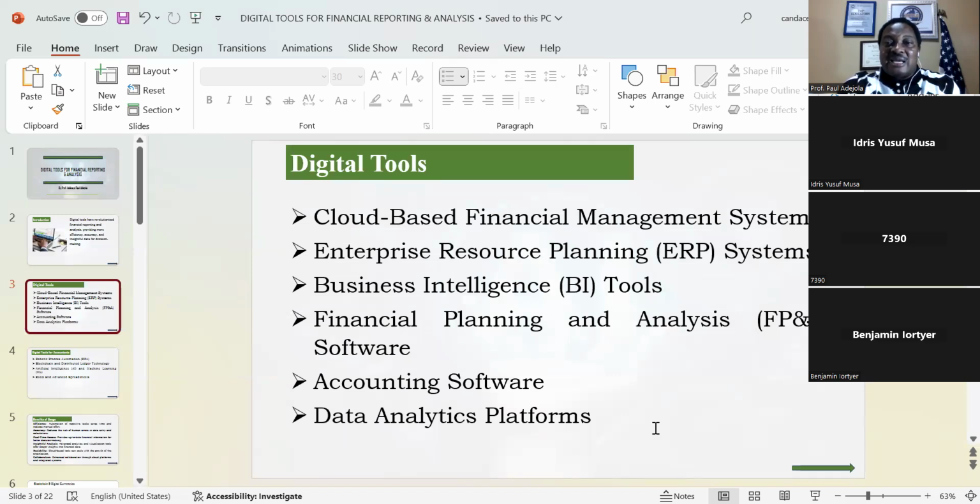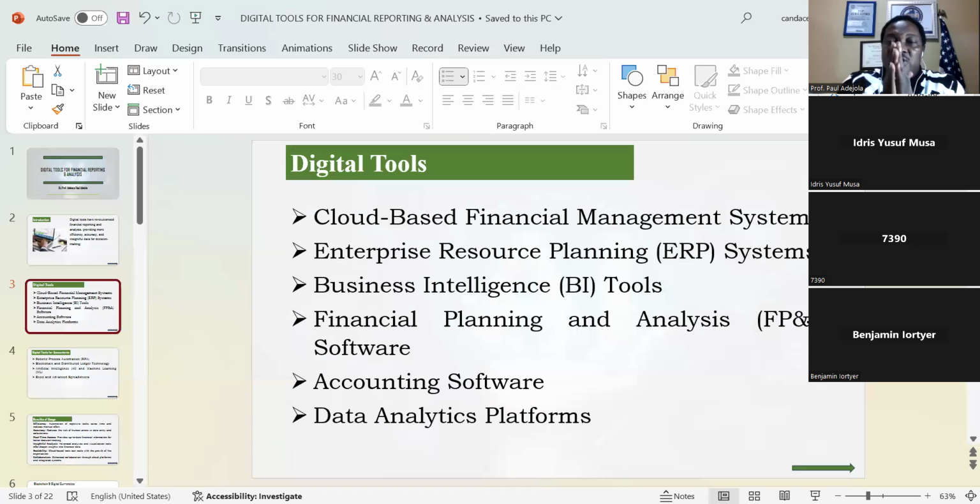Then we have the financial planning and analysis software. The financial planning and analysis software, tools like Adaptive Insight, Anaplan, and Planful Facility Budgeting. They help in facilitating budgeting, forecasting, and financial planning. They offer scenario analysis, real-time collaboration, and dashboard. What we are saying when we talk of financial planning, that's another word for budgeting. So we have another general name they call this Budgematic software.